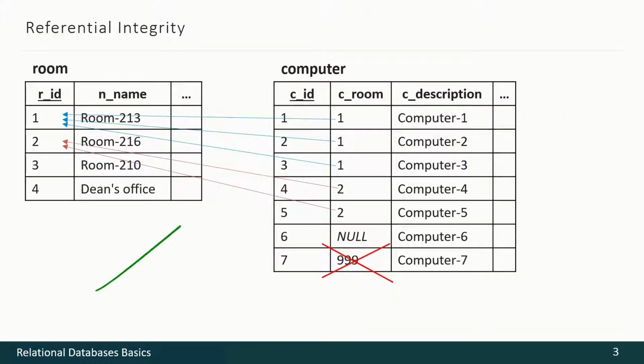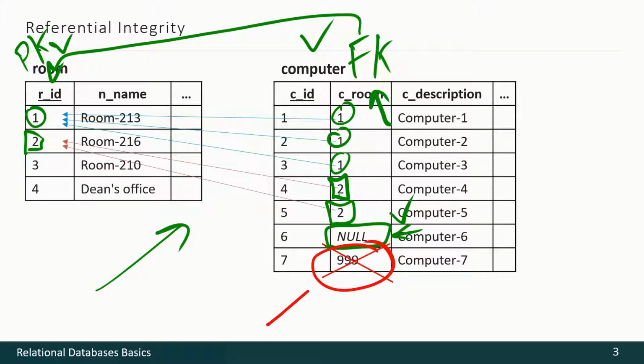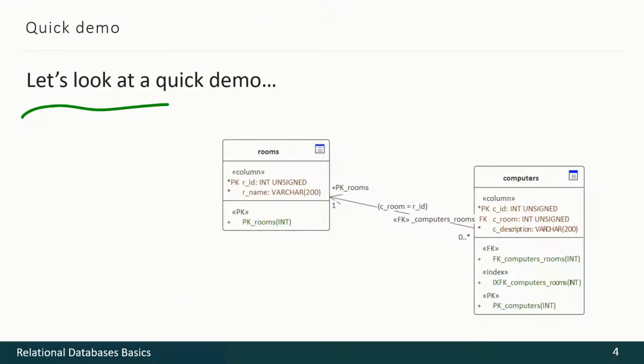Here is a little example. We can see the parent relation, the child relation, and this is the foreign key that references this primary key. We can see that these numbers exist here. These numbers exist here. But if we want to add a null value here, the DBMS will check if nulls are allowed on this column. If yes, then it's okay, we can insert null here. But no matter how we try, in no case will the DBMS allow us to insert a value here that does not exist here. Let's look at a quick demo.